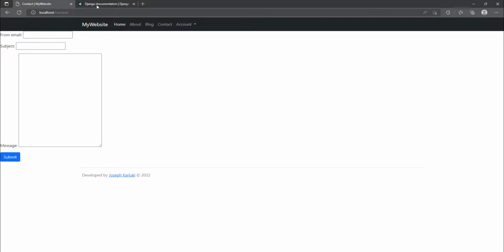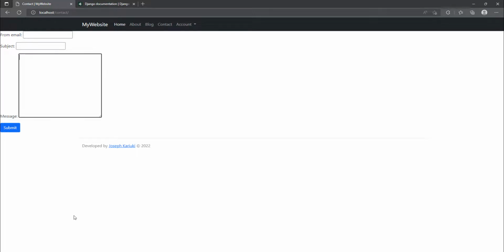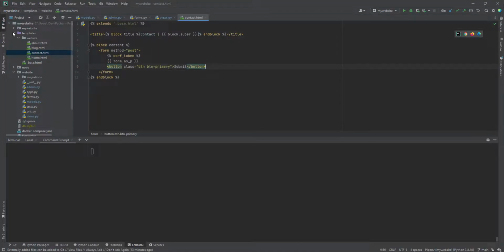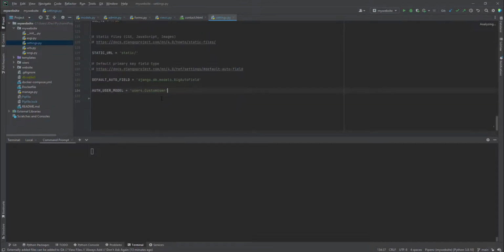So one way of testing it is, there's one thing that we have forgotten to do. We do not have an SMTP server. We do not have an email server for handling the sending of email. We are just sending it from Django. And one way that you can see the email content that we are going to add here is if we add some parameters inside the settings.py file. We are going to access the settings.py file from the project folder, and just below the setting for the user model, we can add